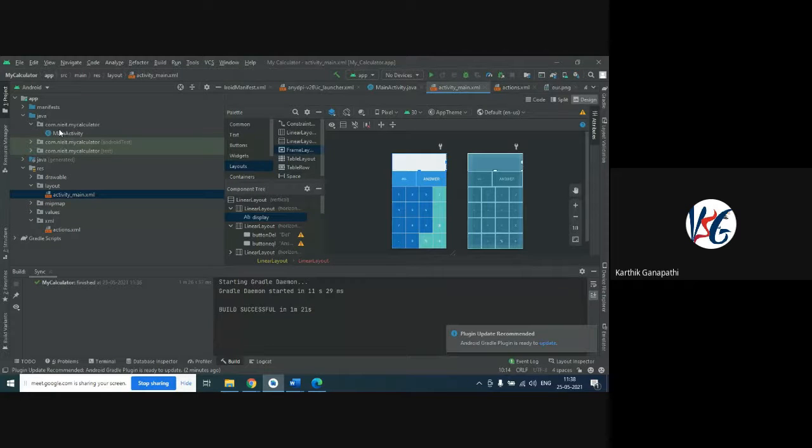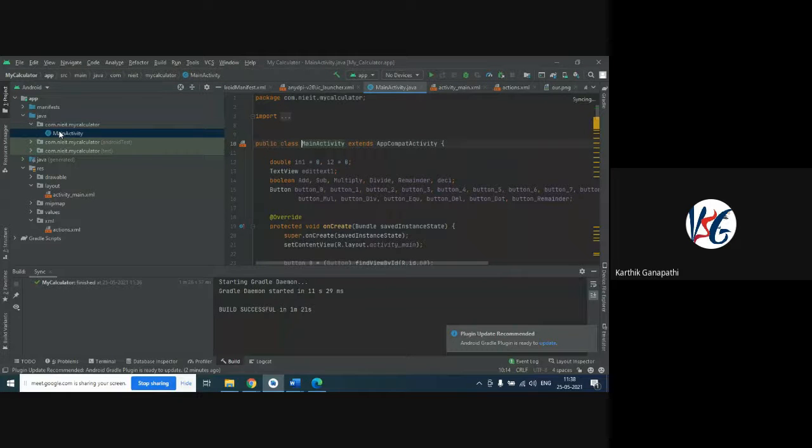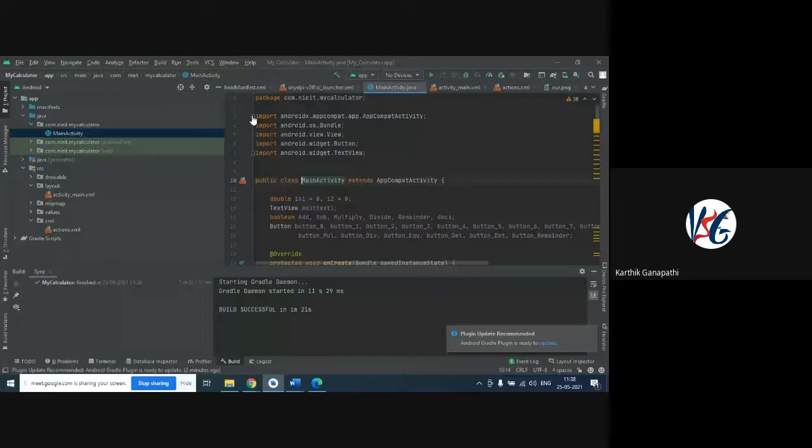Now one by one, let's see what we are going to have. When we start this, as you can see, our Java code usually starts with the package name. Whatever package name we have provided for our application is going to be displayed. Along with this, the type of imports that we are going to use. By default, the app compact and other things are incorporated as imports, because if you are using version 30 and above, or 29 and above for your development, obviously it is going to take this app compact.